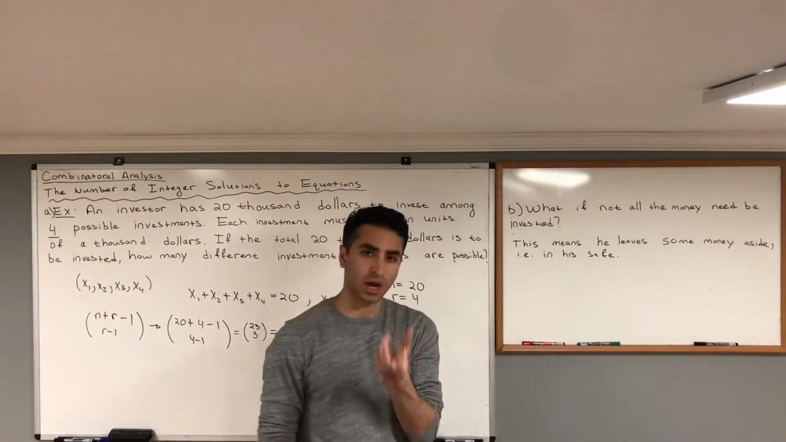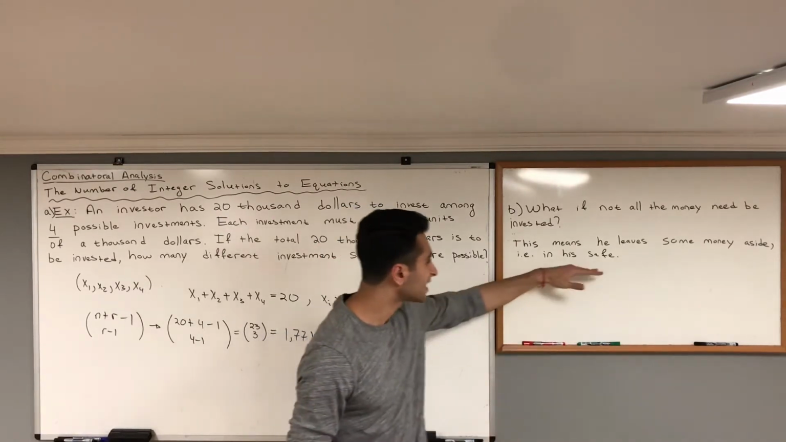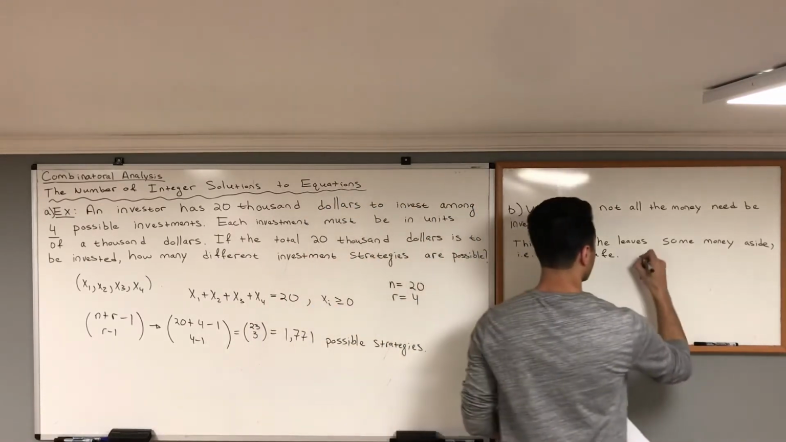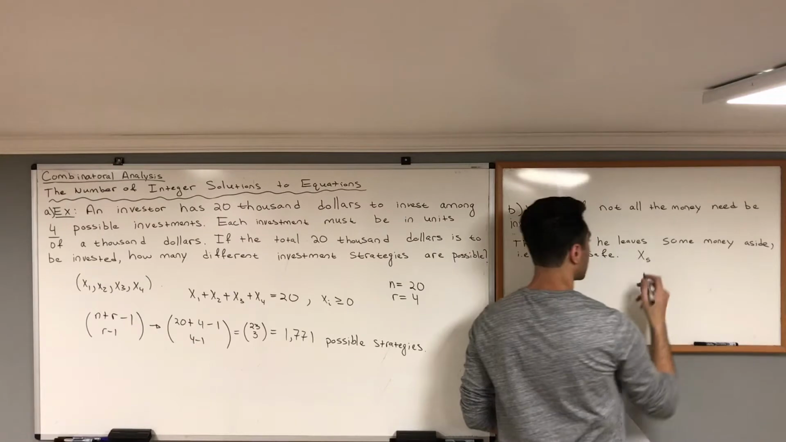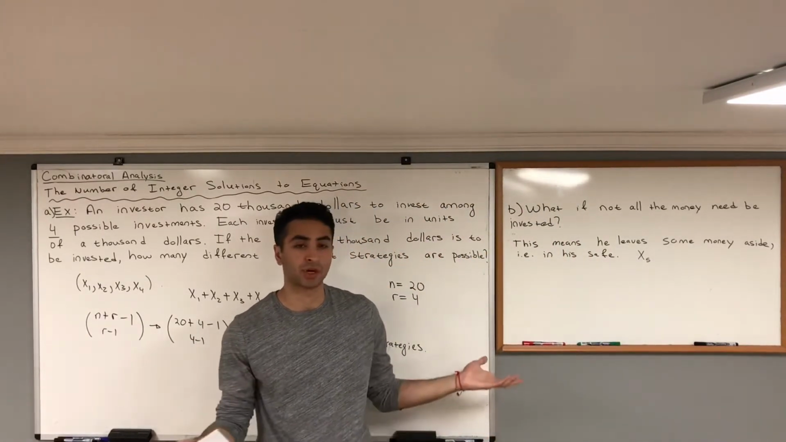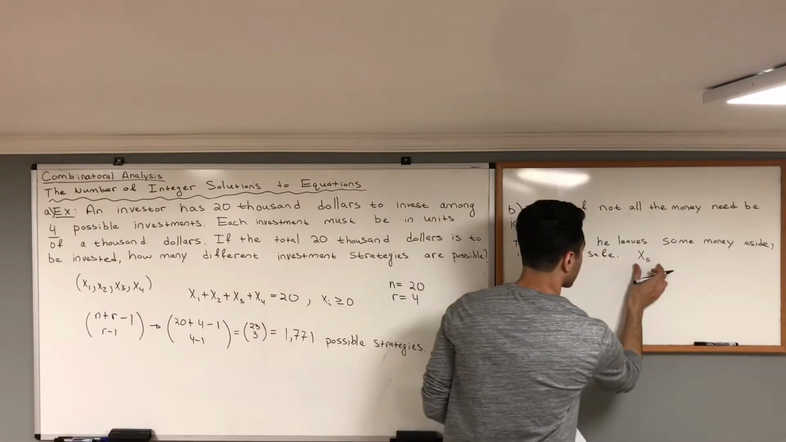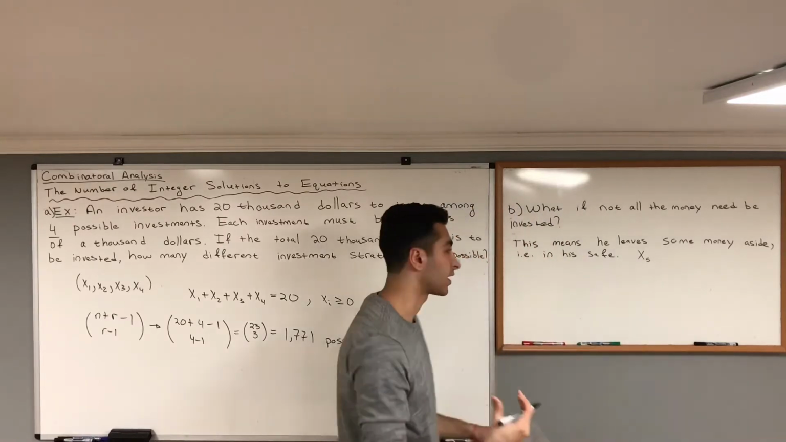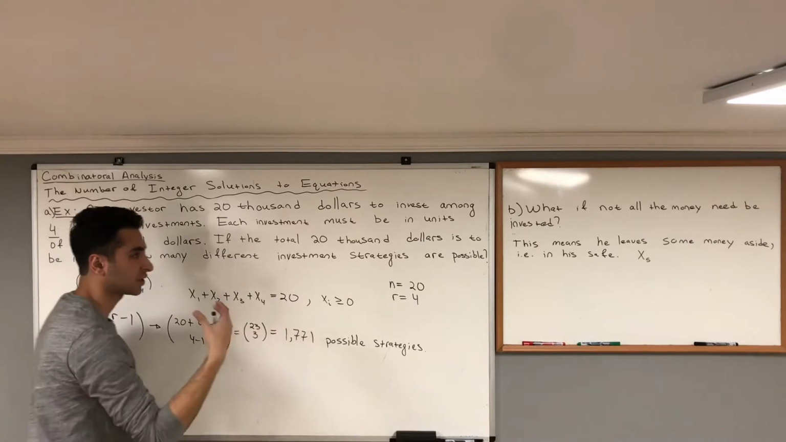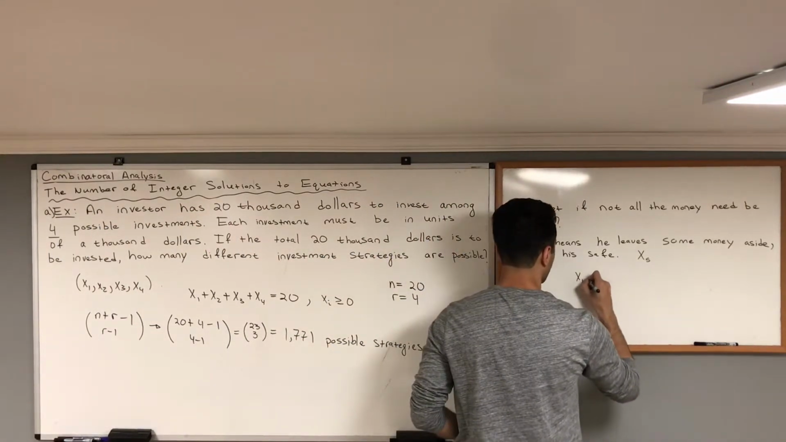Well, if he leaves some money aside, that's an amount, right? It's the size of money. And he leaves it in his safe. Well, let x5 denote this amount of money, right? Because we need somewhere to put it. Well, that money just doesn't disappear. It has a value. So this amount is left aside, but this amount plus all of these still have to equal $20,000. So what we have now is a new equation